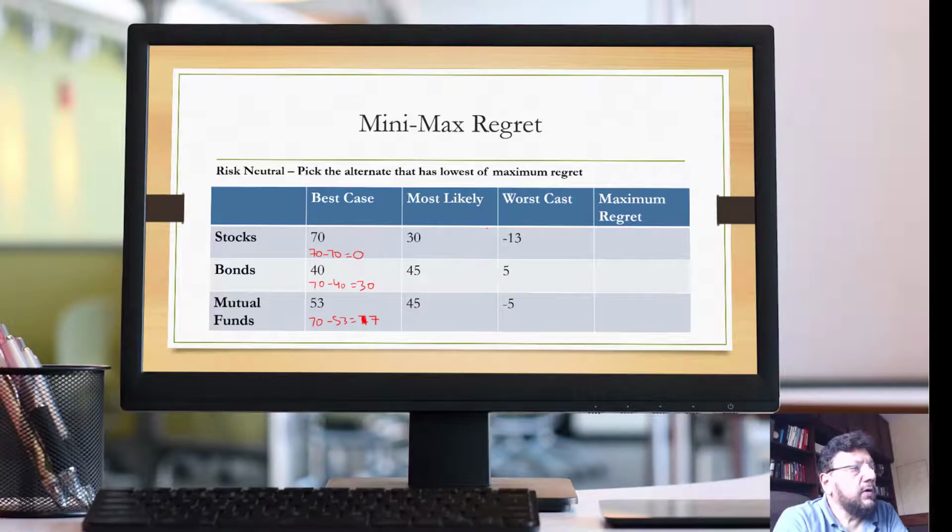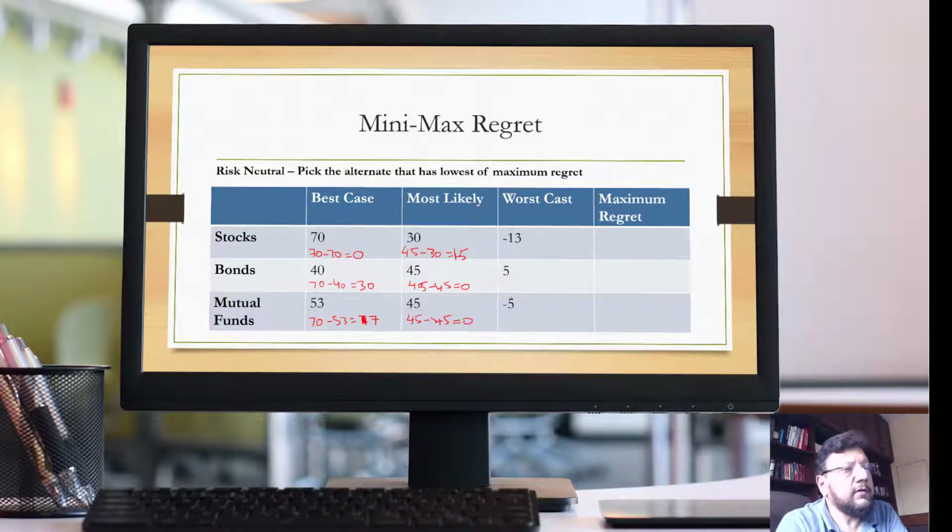Now, if you were in a steady market, then the best return you could get is 45. But if you ended up investing in stocks, then your regret would be 45 minus 30, so that's going to be 15. If you invested in bonds, 45 minus 45, so there's no regret. Invested in mutual funds,